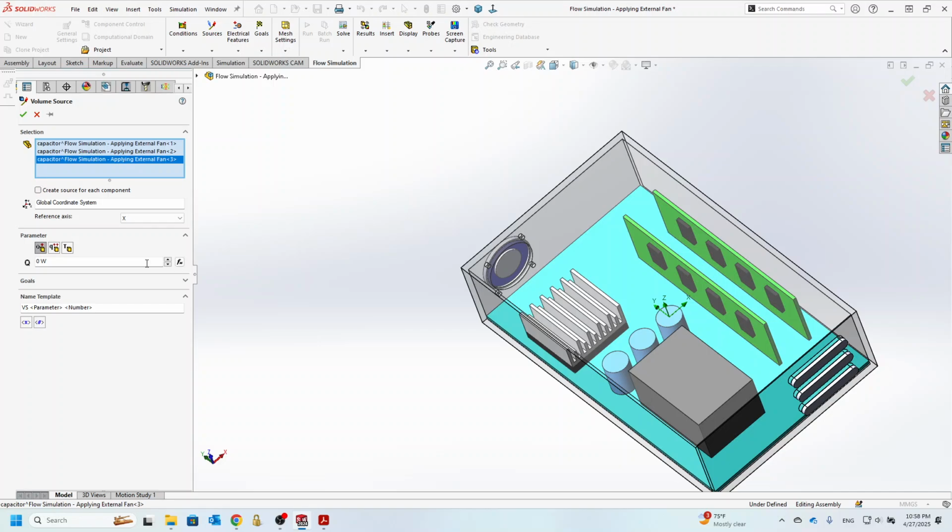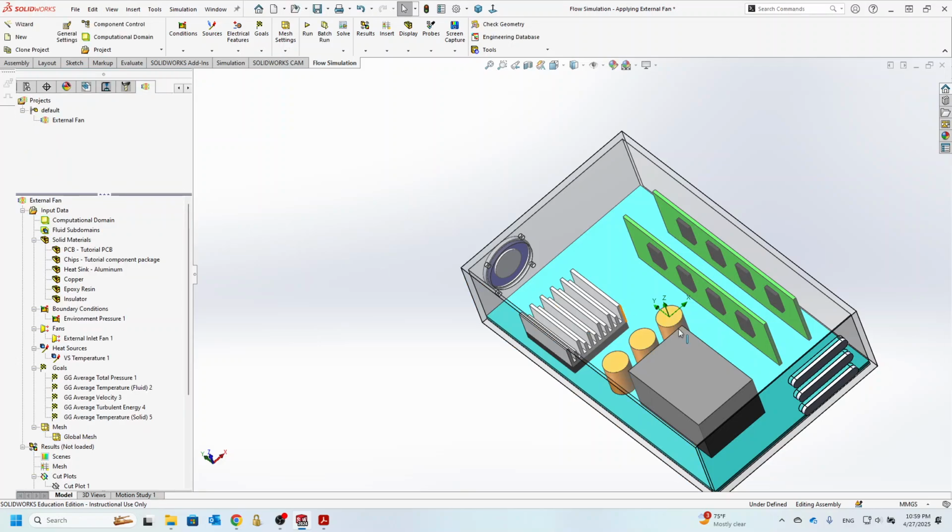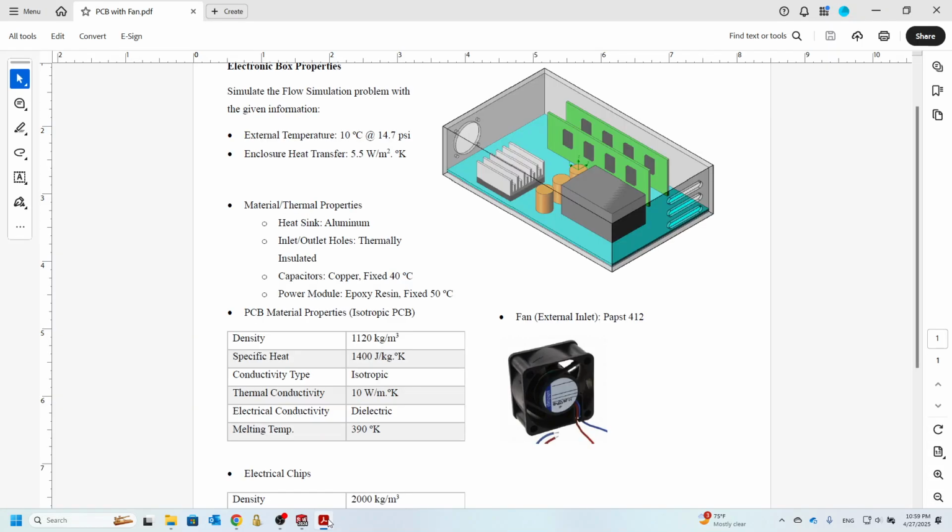And this capacitor, essentially, we can either define it heat dissipation, or you can define the heat transfer, like a volumetric heat generation, or you can say it's a fixed temperature, which is what we wanted. And it says 40 degrees C. So we have to change this to 40 degrees C. So that would be the 3 heat source that we have. What other heat source that we have is